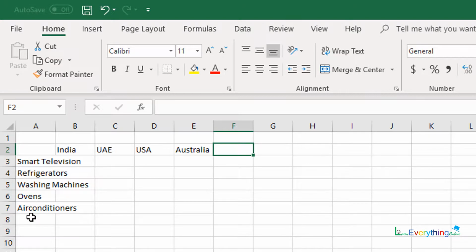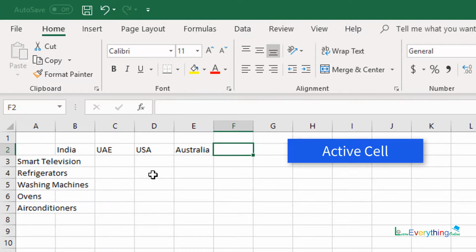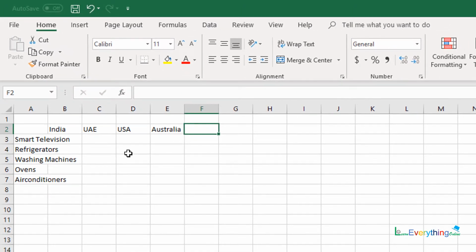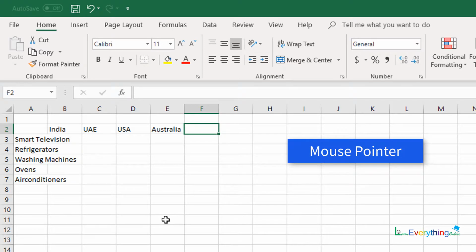So in this way, while entering data in Excel, the very basic thing you have to remember is to make at least one cell active, and whatever you type using your keyboard will get saved in that particular active cell. When you press the enter key, control will go down to the next cell in the row. And if you hit the tab key, control will go to the next cell in the next column. Or else, if you want to directly make any particular cell active, then use your mouse pointer to click inside that cell and that cell will become the active cell.